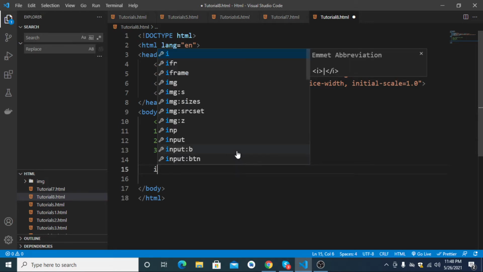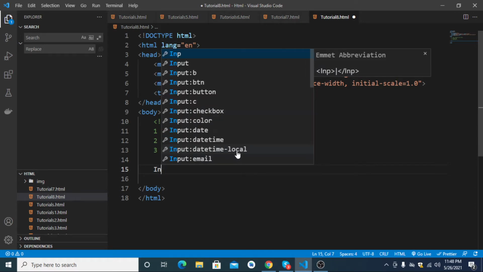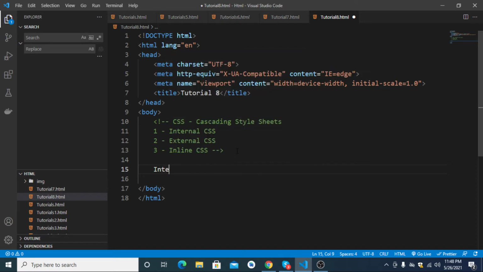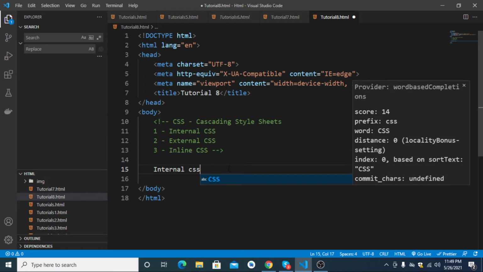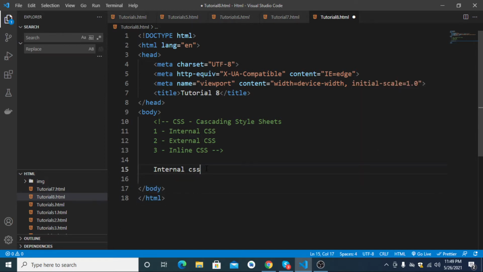Okay, I am writing here internal CSS first. In the previous tutorials we have discussed inline CSS also, so if you can see over there. But I will repeat those things for those who haven't seen those tutorials. Inline CSS first I am talking about, commenting this one, Control /, wait a second here, what is happening here. Okay, now this has been commented.